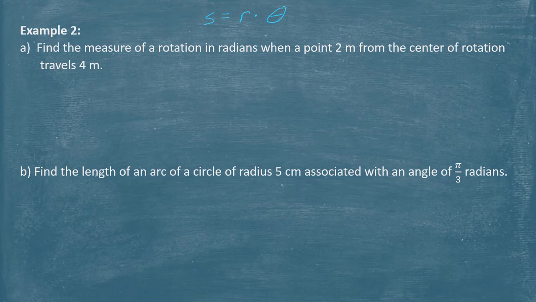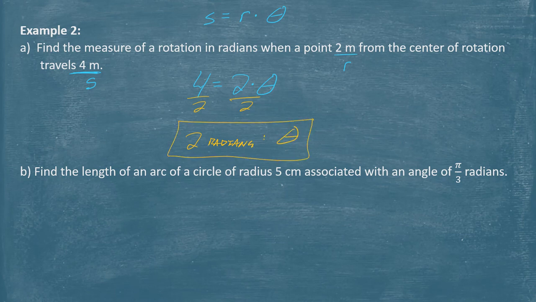So here it says find the measure of a rotation in radians when the point is 2 meters from the center. That to me sounds like a radius of rotation, and it's traveled 4 meters. So that's the arc length, or that's the S. So here it would be 4 is equivalent to 2 times theta, and then solve for theta. For this one, I divide by 2 and end up getting 2, and the unit here would be radians